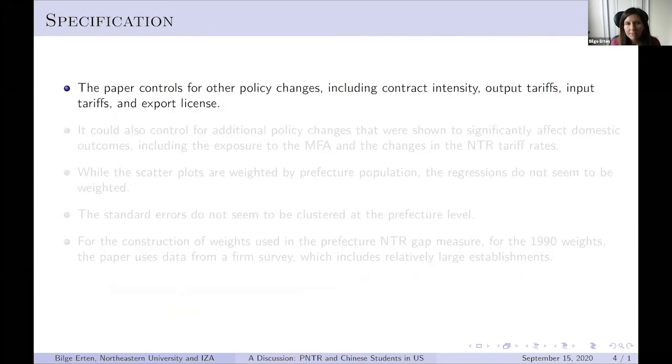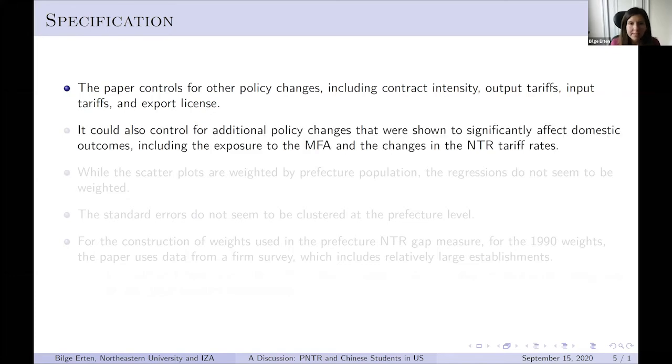In terms of specification, there are so many other reforms, of course, that happened during the same time period, and the paper controls for a number of them, including contract intensity, output tariffs, input tariffs, and export license. It could also control for additional policy changes that were shown to significantly affect domestic outcomes,